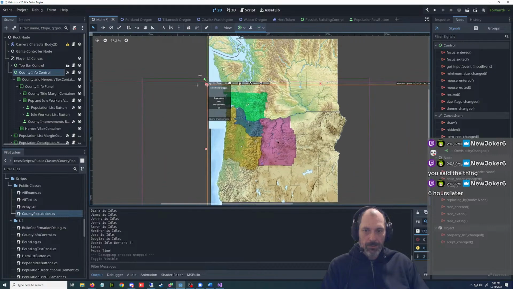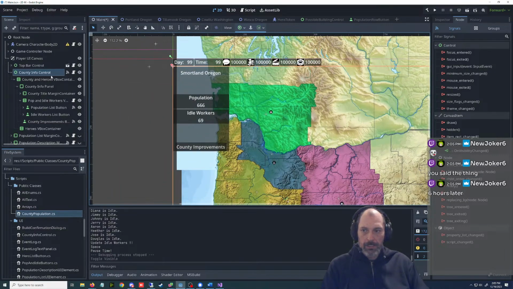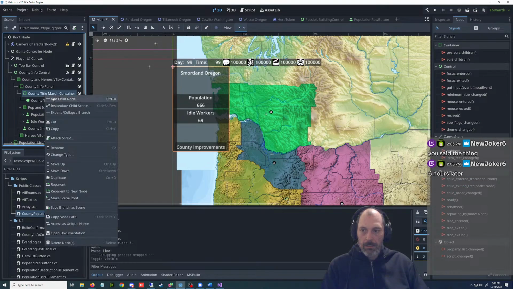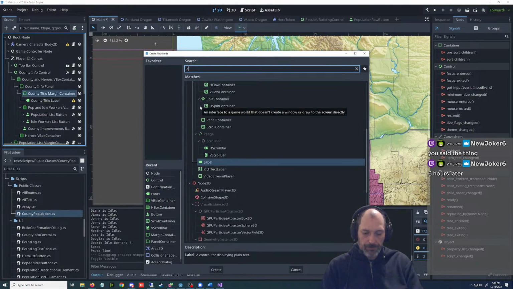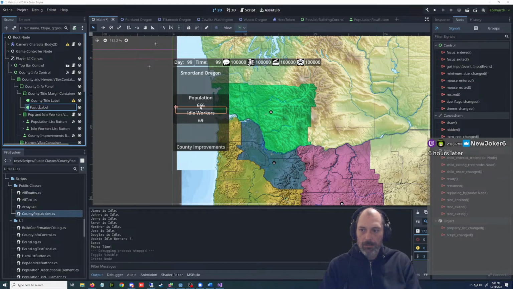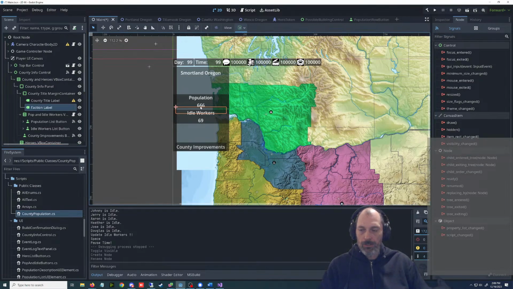We've moved off into the wild blue yonder here. It's right here. Let's add a child label. This will be faction label.